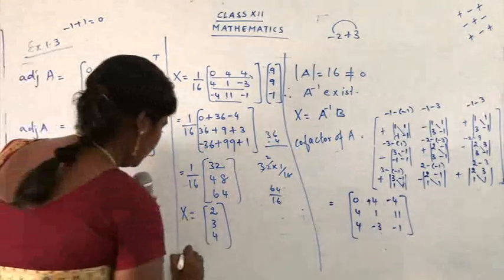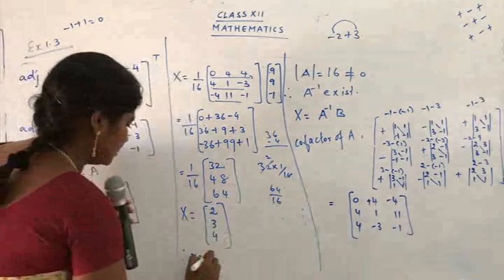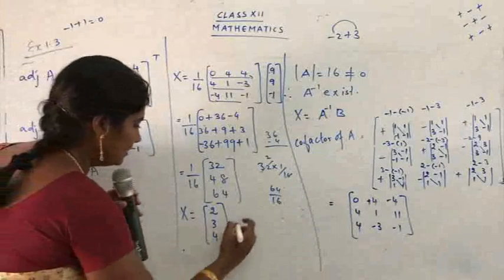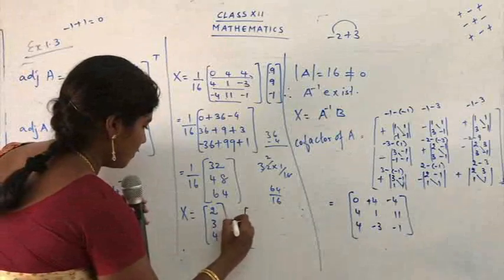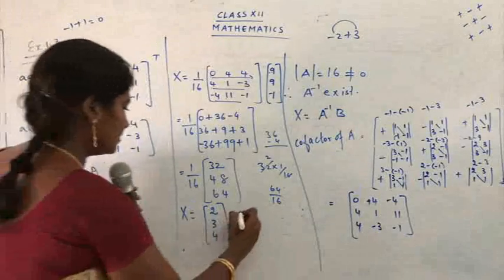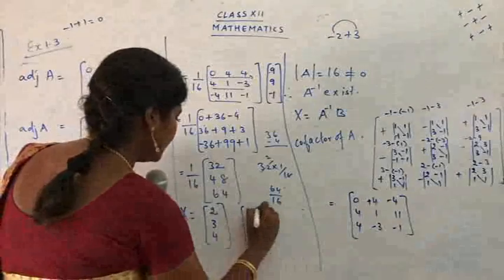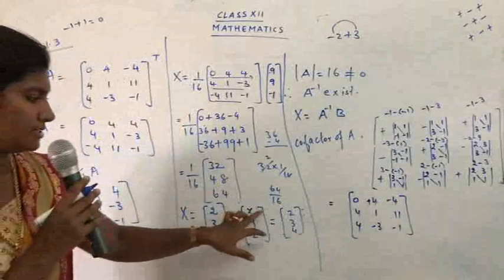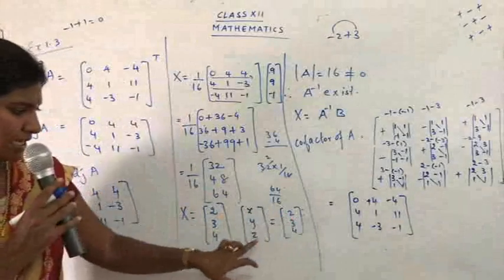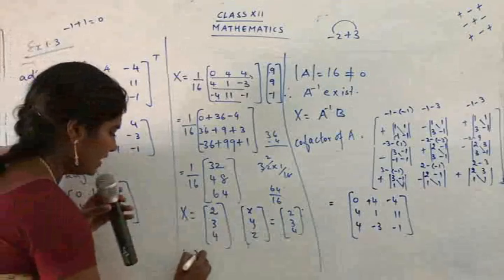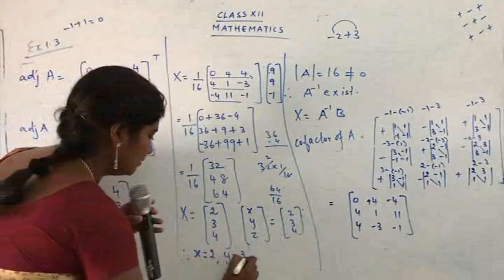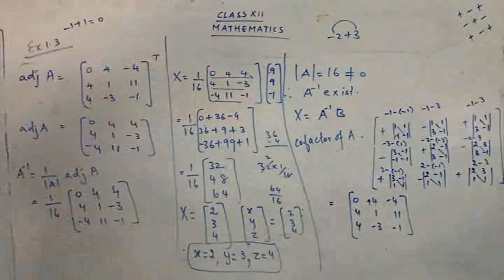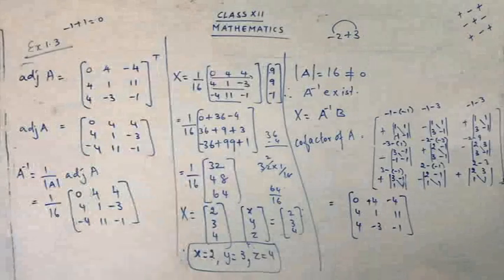Therefore, x is equal to, the first is x, because we have written the value for x. From where do you get this? See, let me show the step here. So the matrix is x, y, z. x, y, z is equal to 2, 3, 4. So already we have studied about equal matrices. So x is equal to 2, y is equal to 3 and z is equal to 4. Therefore, x is equal to 2, y is equal to 3 and z is equal to 4. So take down the final answer.